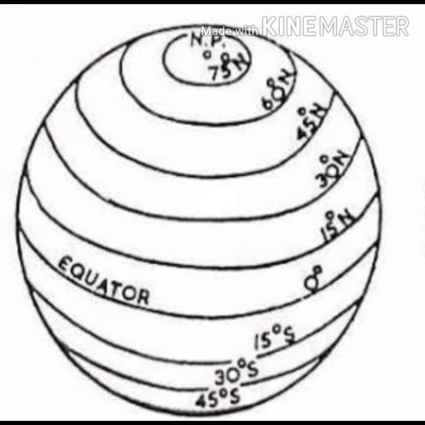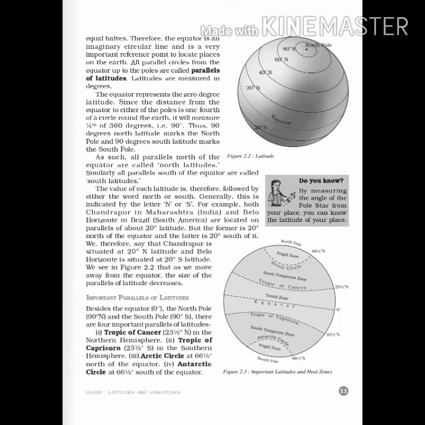And latitudes are always measured in degrees. Like you have angles na in maths, same way they are measured in degrees, right? Okay, and they are very important to find out the location of any particular place. Very important lines or circles, parallels of latitudes. And you all might be knowing that the equator represents 0 degree latitude. जो equator होता है हमेशा उसका degree क्या होता है? 0 degree latitude represent करता है. Got it? Now the distance from the equator to either of the poles, either North Pole or South Pole, is 90 degrees.